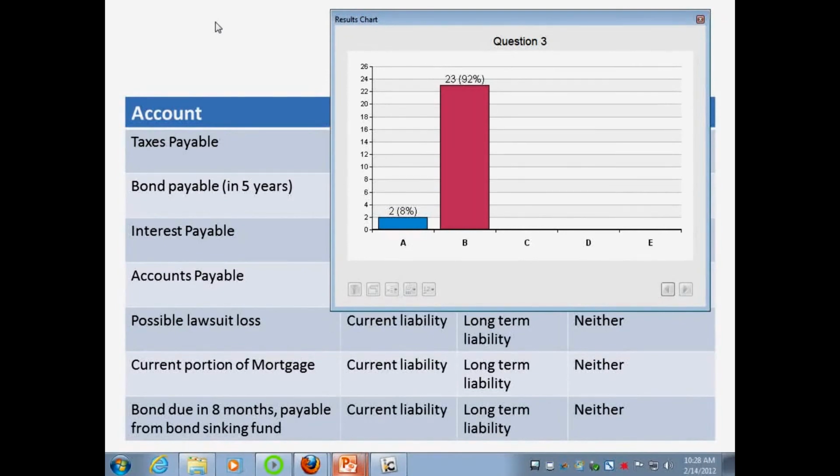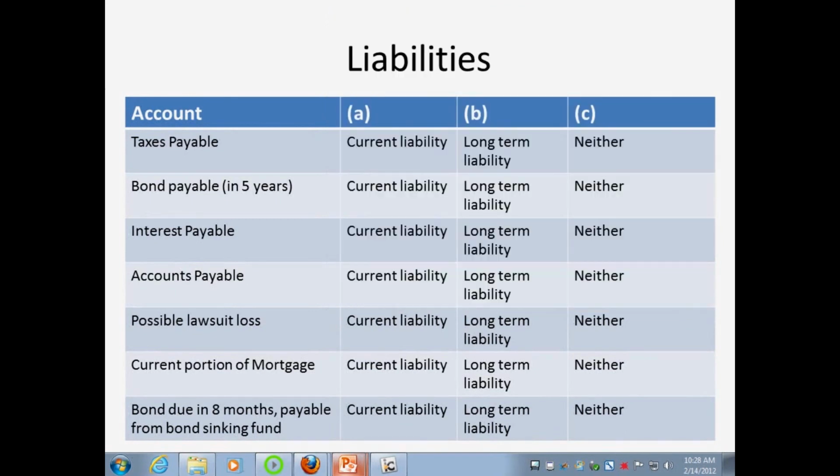You have to make sure everybody completely understands which portion of bonds are current, because if you stick everything in long-term, people might be much more comfortable with your ability to pay your debts, when in fact, if it's coming due this year, you need to actually do it immediately.